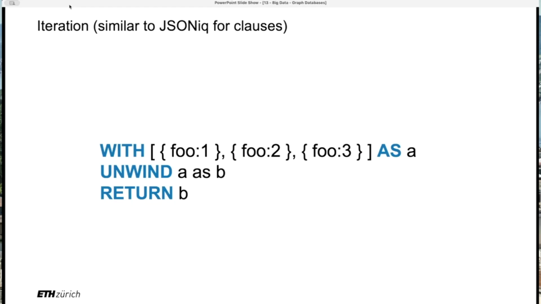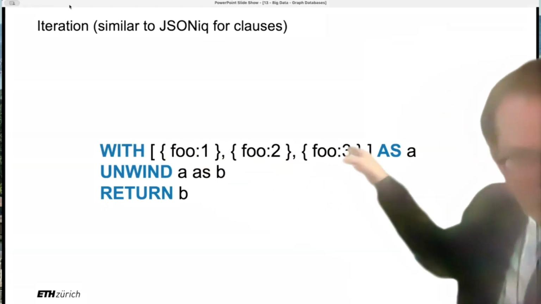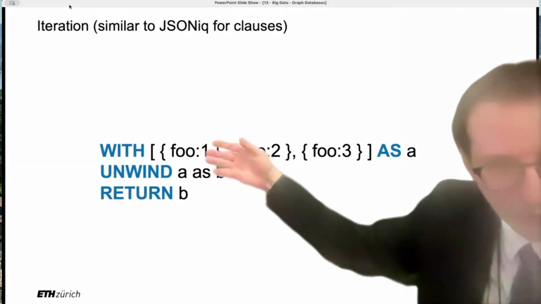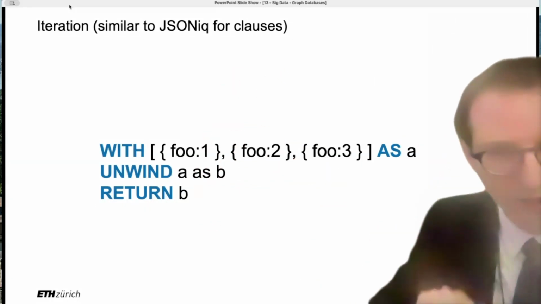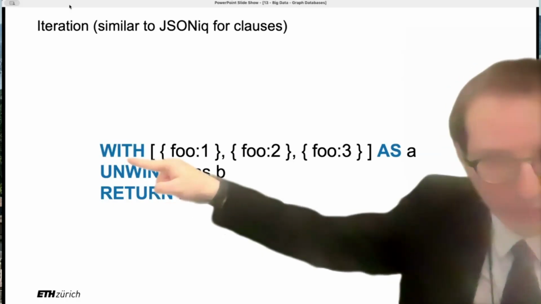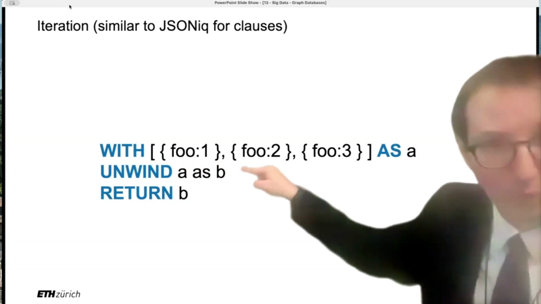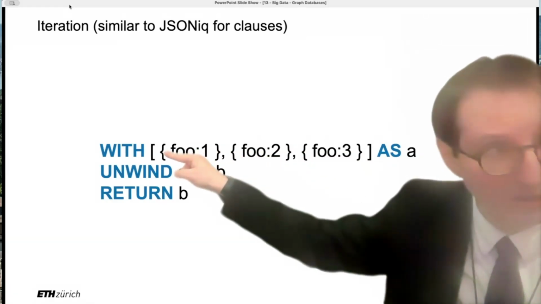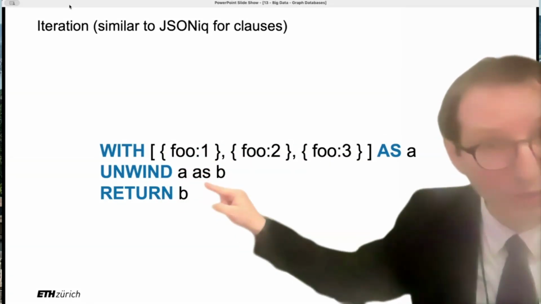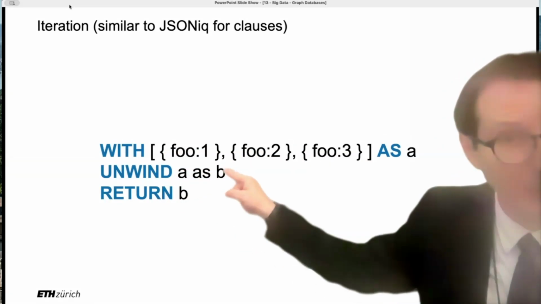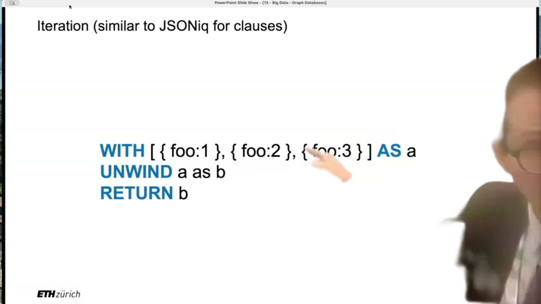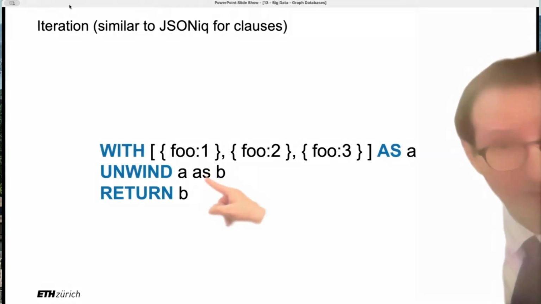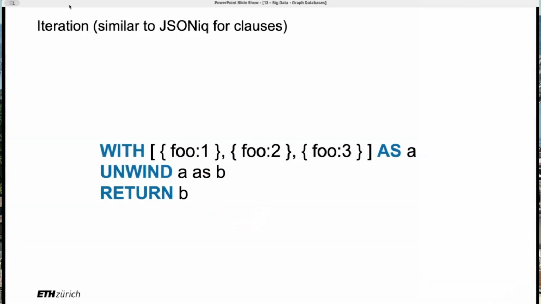So what happens is that it's basically let $A equals this horrible thing, and then for $B in $A. So now you create multiple tuples, and then you return $B. So here you need to imagine something that looks like a data frame with 1 column called A and 1 record that has this value. After unwind, you will have a data frame with 1 column, again, because you forget A, right? So you have unwind A as B. And now you have how many rows in that